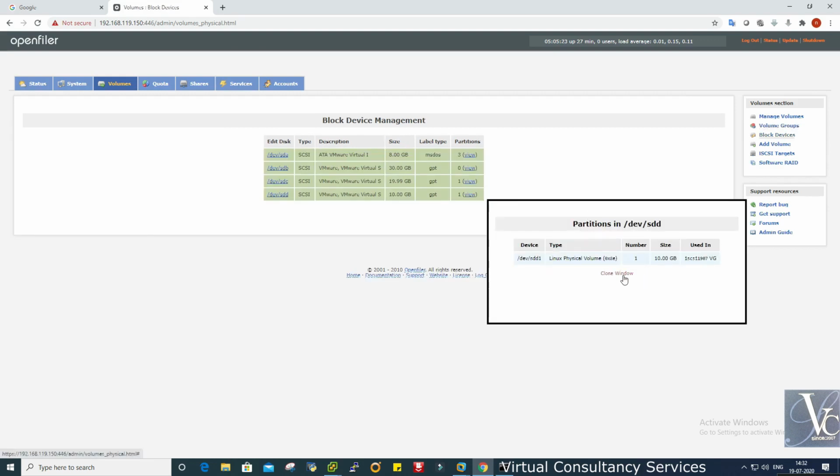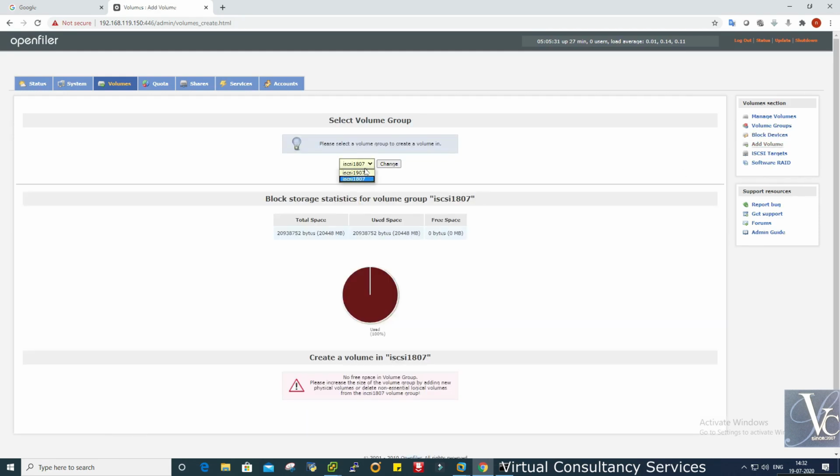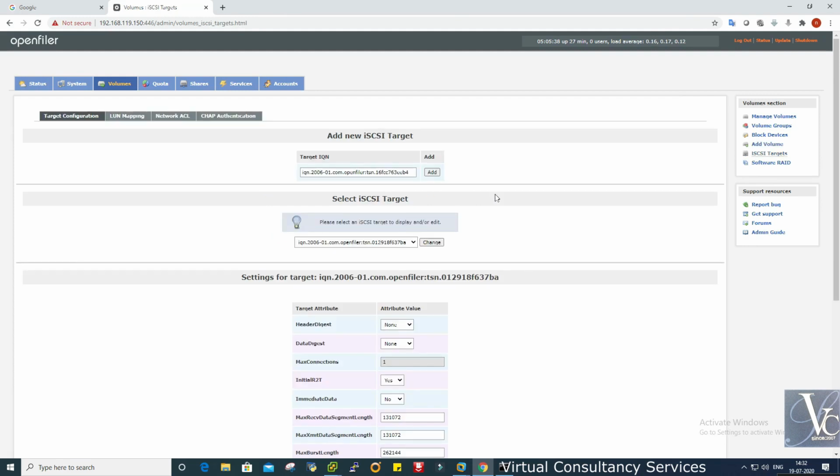Also, no, we will go to the block devices. Let's see, is this one also accessible? Then we did this already. Okay, then the iSCSI target.